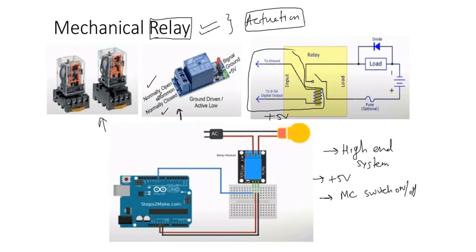Now the last kind of relay is the solid state relay. In the mechanical relay, you see that there is a mechanical switch here. Mechanically it has to connect through to the high voltage; this is the low-voltage part, and this is your high-voltage part. So in this case, it has to mechanically connect from low voltage to high voltage and back, right? In a solid state relay, everything is electronic and comes in a chip only, so everything can be governed in an electronic way.